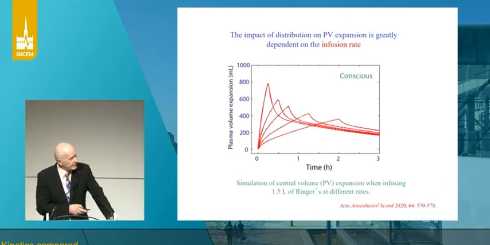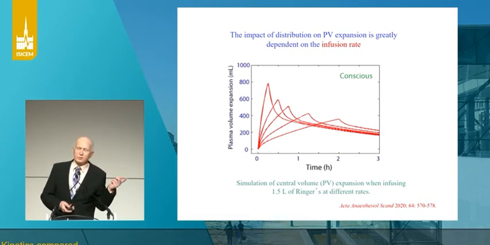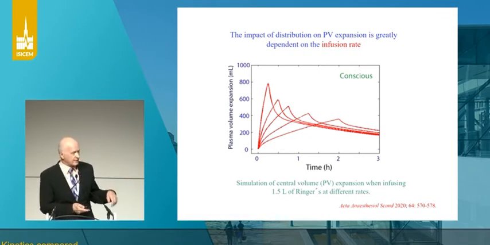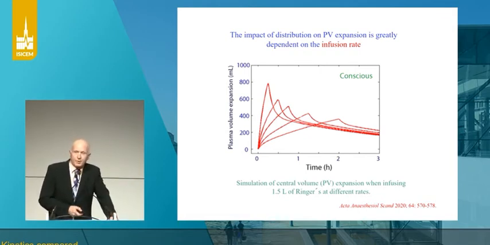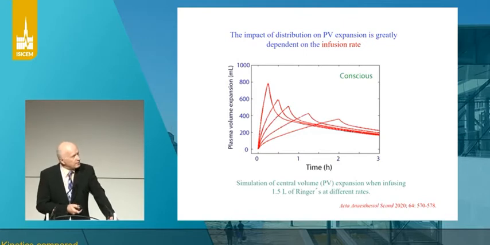This is an example of the importance of the distribution function. If we infuse fluid quickly, we'll get a very prominent phase. If we give it slowly, the impact will be very much smaller. Now you may wonder, is there any situation where this will change, or is it always like this? There is one setting when we have a major change in the kinetics of crystalloid fluid,